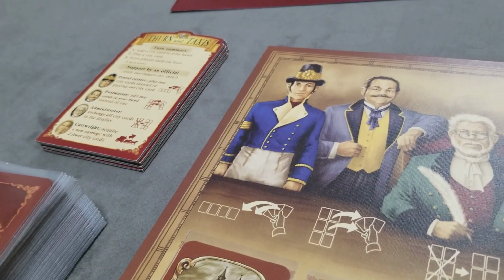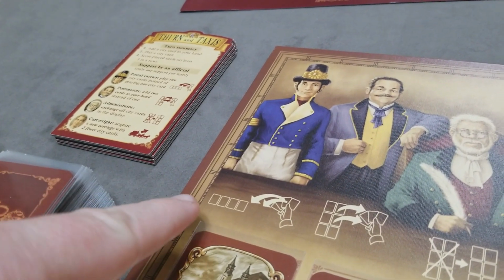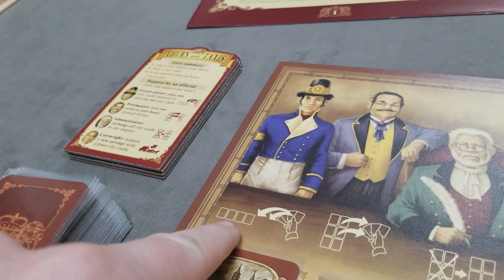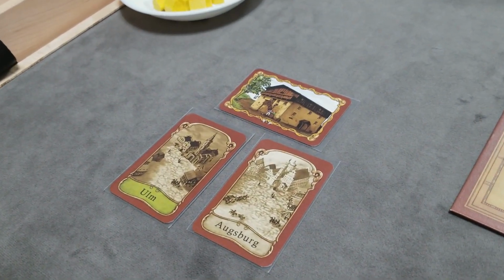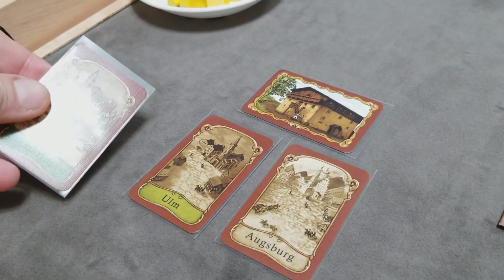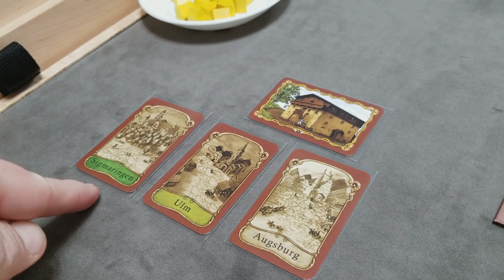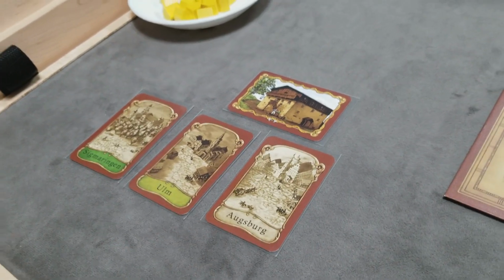On a player's turn, if they haven't already selected an official to use their power, they could select the Postal Carrier, which allows them to play 2 cards from their hand to their display. So let's say this player hadn't used any of the special powers yet. They decide to extend the route on this end by going from Ulm to Sigmaringen, and on this side they decide to go from Augsburg